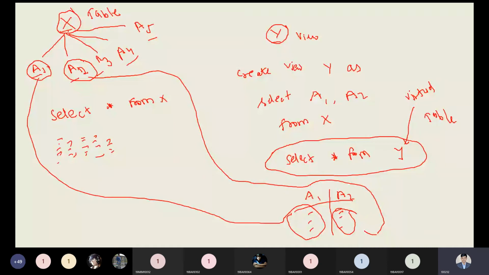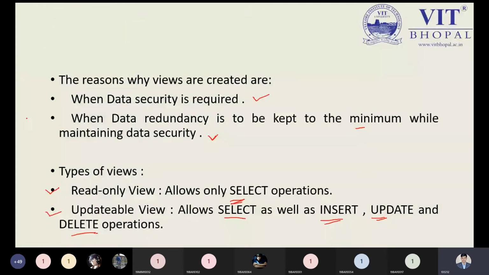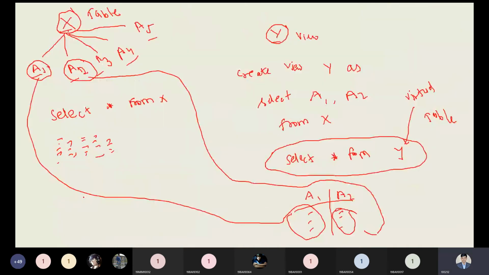So I have created the view, and this syntax is known as creating a view using the select clause. This was my first point. That is read only, so I can read only the data, I can't update anything. If I want to update anything in the actual table through the view I have created, then the view is known as an updatable view. This was my point, so that's why I have chosen this slide to explain the concept. Right now, tell me, is it clear to you?